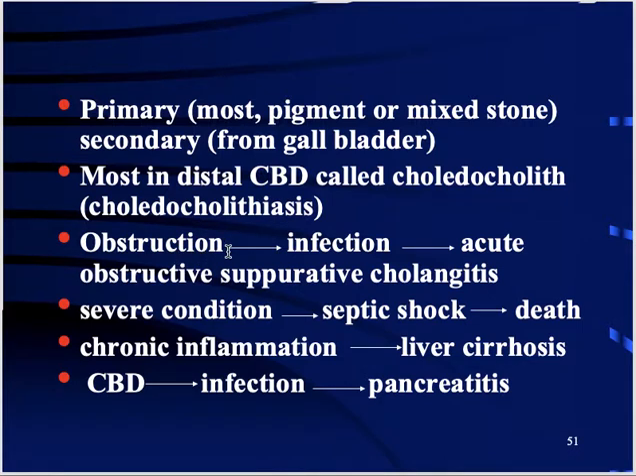And once there is obstruction, it will lead to infection. So that is called acute obstructive suppurative cholangitis. Now, because there is inflammation, in severe conditions it can lead to septic shock and death. Okay, so